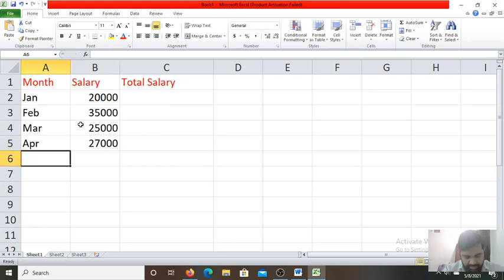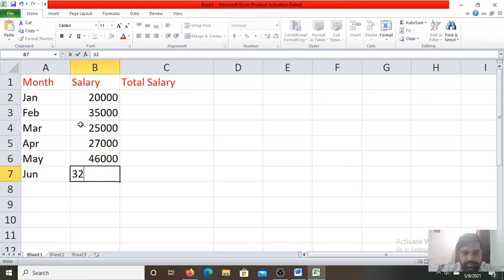After April, May, salary 46,000. After May, June, salary is 32,000.